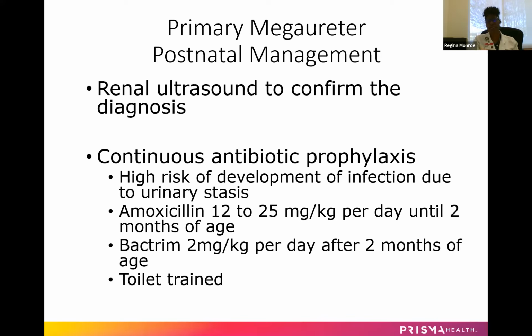And then once the fetal liver has matured, we switch to Bactrim prophylaxis at 2 milligrams per kilo once a day. Amoxicillin has to be refilled at the pharmacy every couple of weeks, and so that can be cumbersome for some families. But Bactrim is refilled once a month, and for us, these are both considered generic medications and are not very expensive,